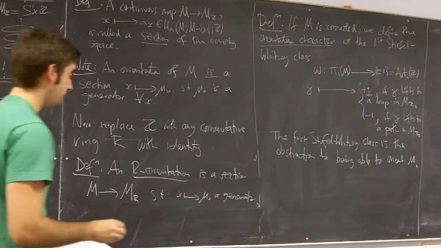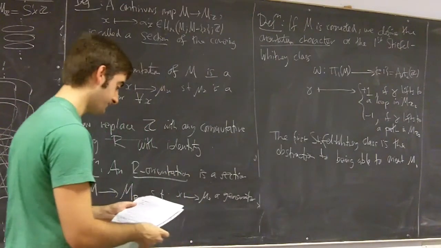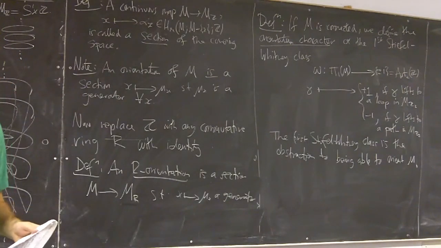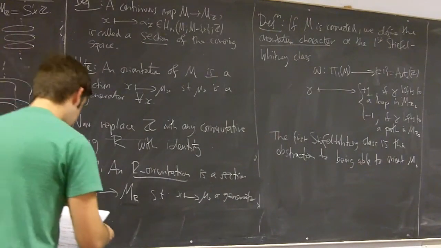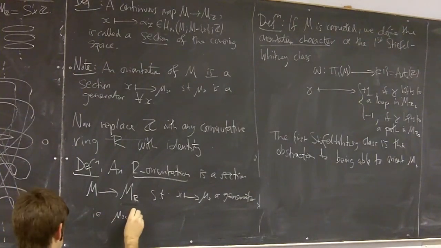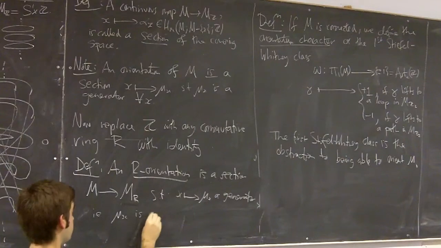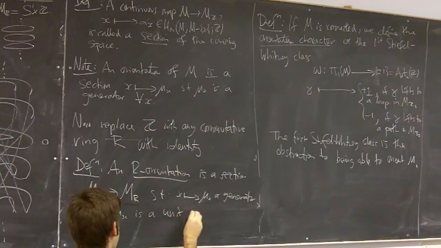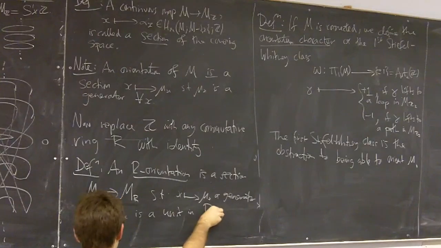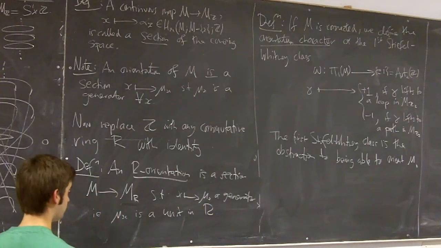Well, any invertible element, any unit, rather, in the ring is a generator. So, i.e., mu x is a unit in R. And again, we have local consistency